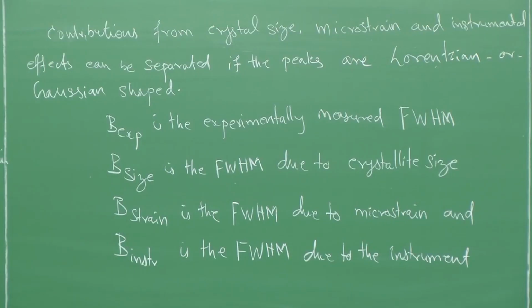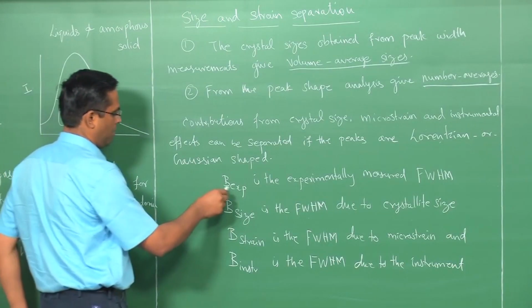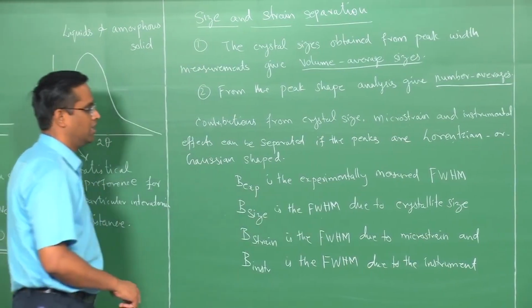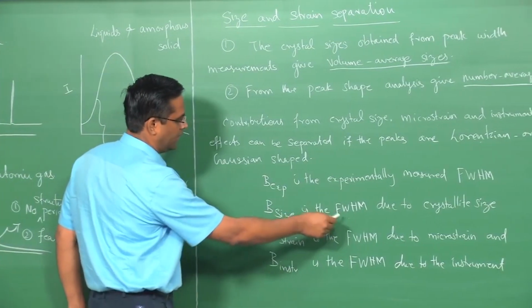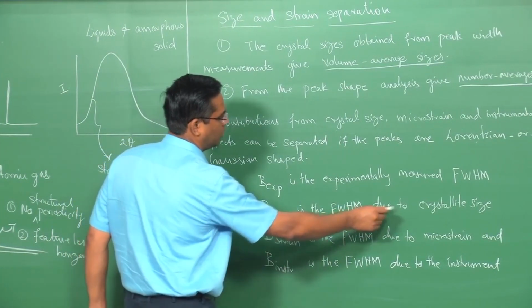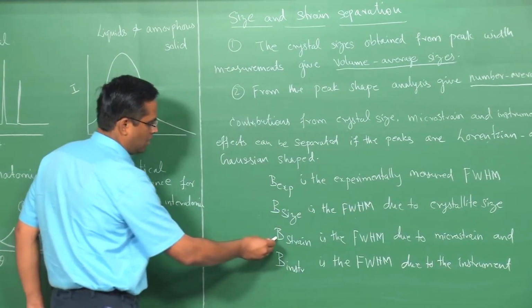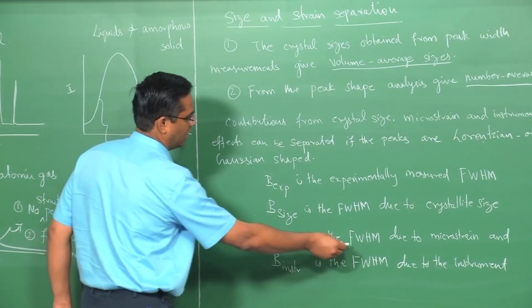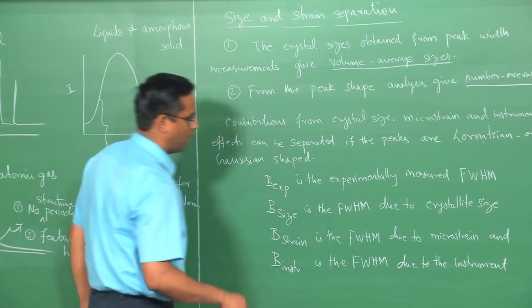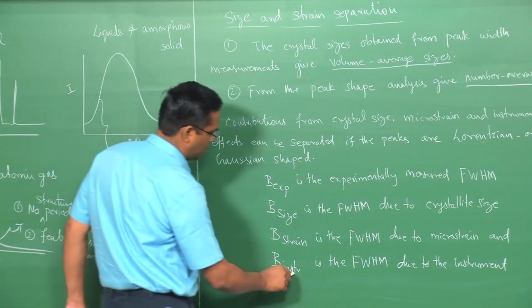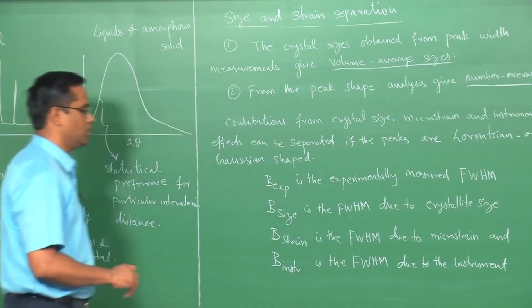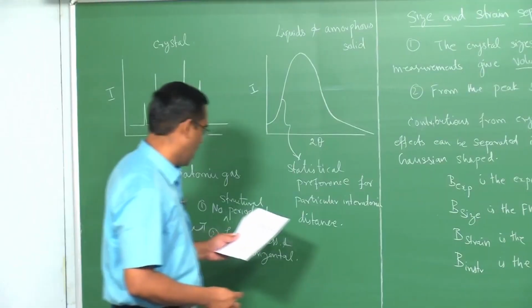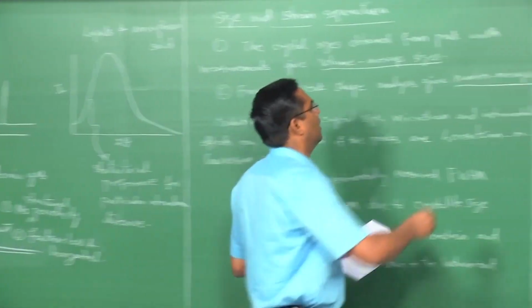So, you have different contributions to the peak width. B experiment is the experimentally measured full width half maximum. B size is the FWHM due to the crystallite size. B strain is the FWHM due to microstrain, and B instrument is the FWHM due to the instrument effect. Now, if it is for Lorentzian,